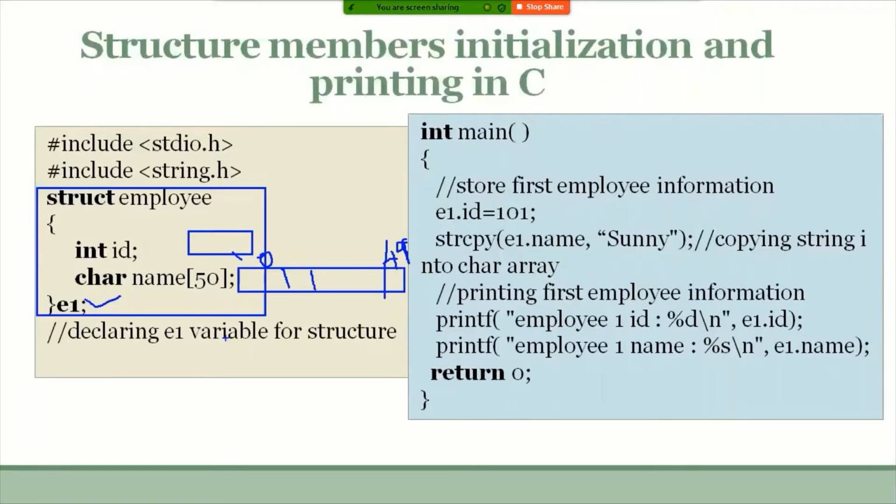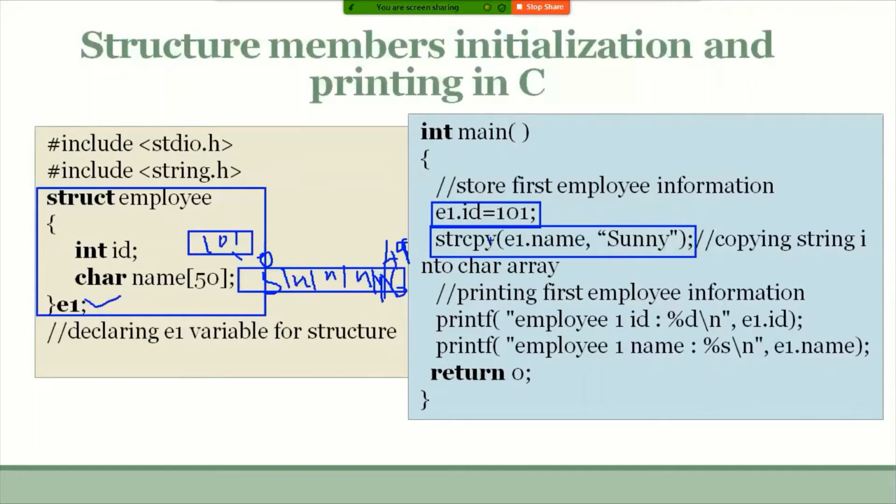Then to keep these values in the locations, e1.id with static initialization, 101 will be stored here, and strcpy e1.name, that is Sunny. So 50 locations are allocated, and each character will be stored in the corresponding location. The remaining memory locations are left, and the last one will be \0.